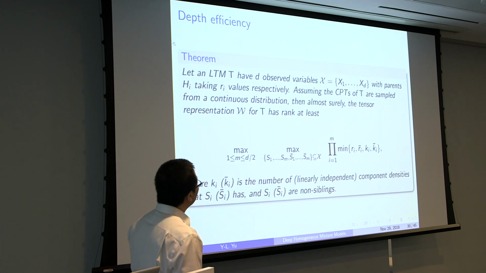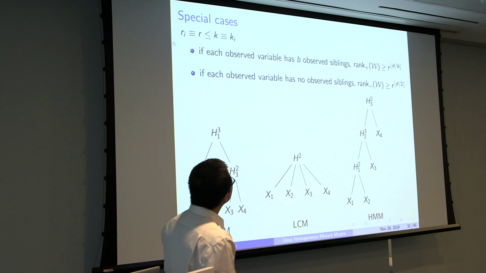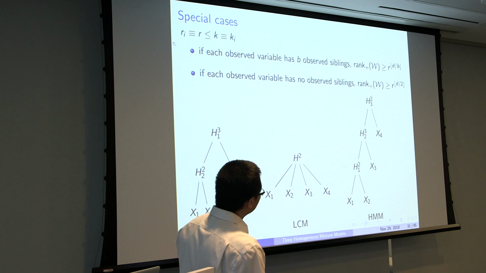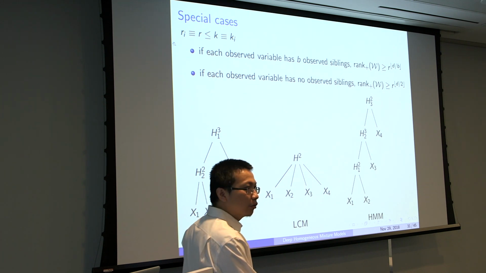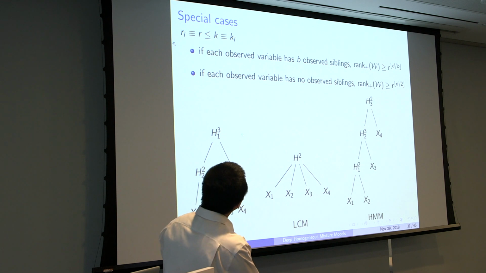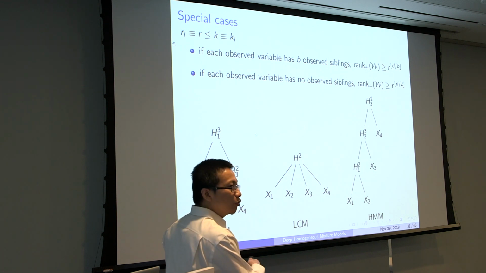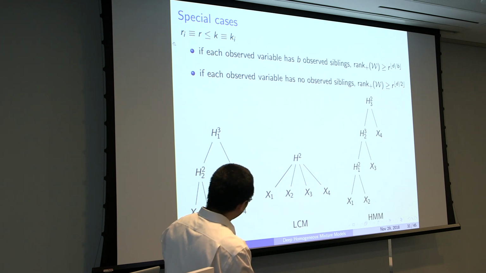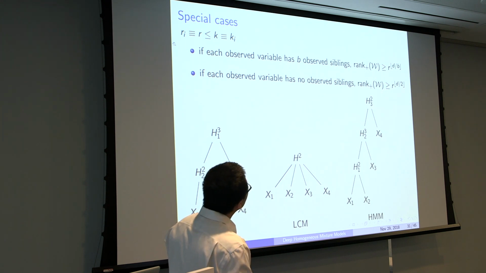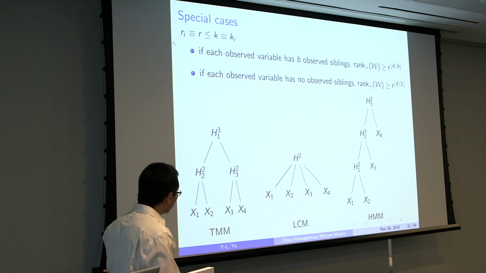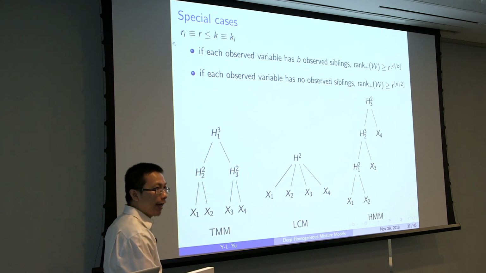I'll give you the special case of the theorem we proved, namely that if you look at the structure you have, so here I'm using the latent tree graphical model as an example. So if you look at how you form the latent tree graphical model, you look at each observed variable. Okay, so like x1, x2, x3, x4,